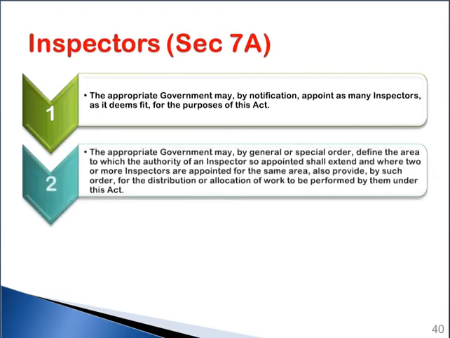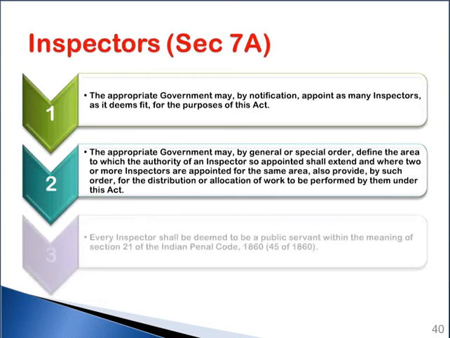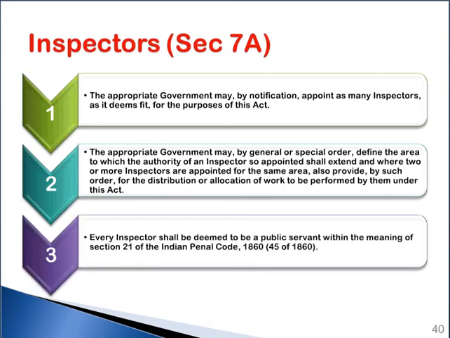It further states that the appropriate government may, by general or special order, define the area to which authority of an inspector so appointed shall extend, and where 2 or more inspectors are appointed for the same area, also provide by such order for the distribution or allocation of work to be performed by them under the Act. Every inspector shall be deemed to be a public servant within the meaning of Section 21 of the Indian Penal Code